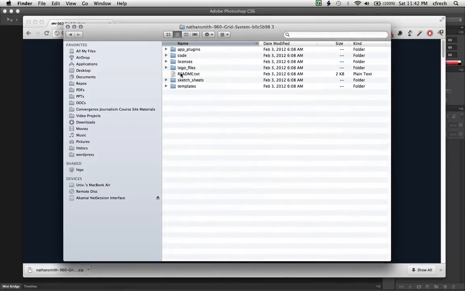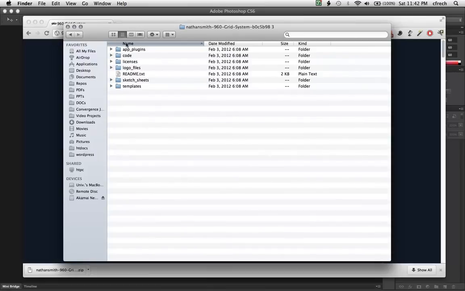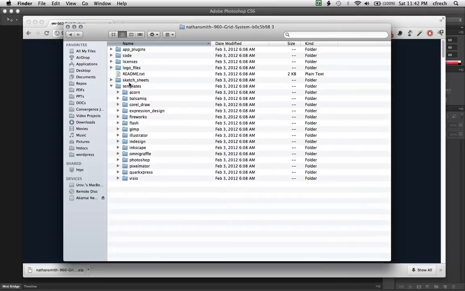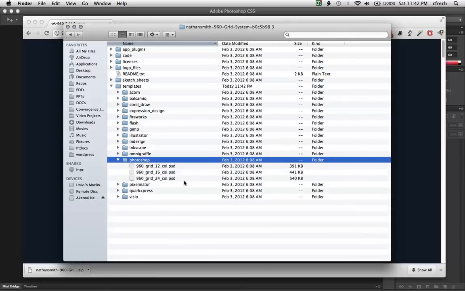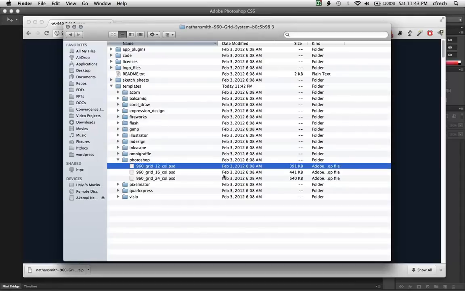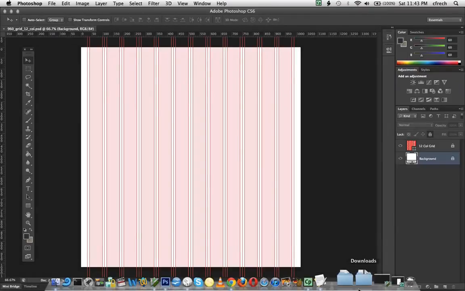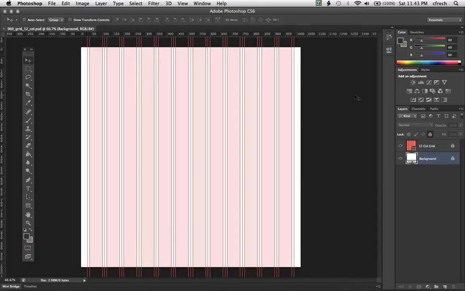jump into it. Okay, so we have a bunch of different folders. We're going to go into templates. And from there we have folders for a bunch of major programs. We'll come into Photoshop and see that we have 3 files. One for a 12-column grid, one for 16, and even a 24-column version of the 960 grid system. Well, we're going to work with 12 for demonstration purposes, so I'll open up that file and double-click it to get it into Photoshop. Okay, so here we are in Photoshop with our template file from the 960 website, and